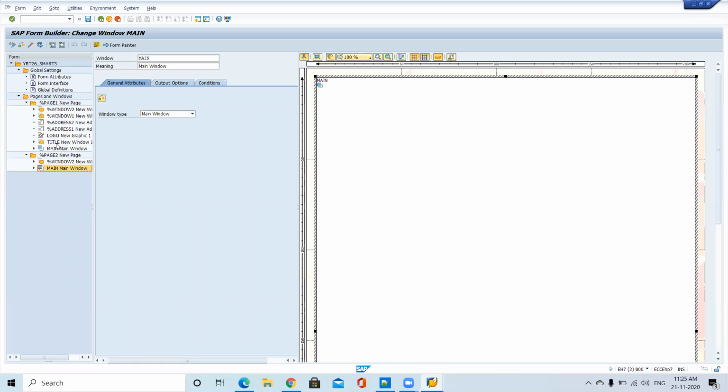Why? Because the width is used for printing the items. There we used a table, and we split the table into 5 columns. Likewise we did all the things. Now, once we have created a second page, if you change the alignment, like reducing or increasing the width of the window, it will reflect in the first page also. Why? Because the matter is continuing from the first page to the second page.